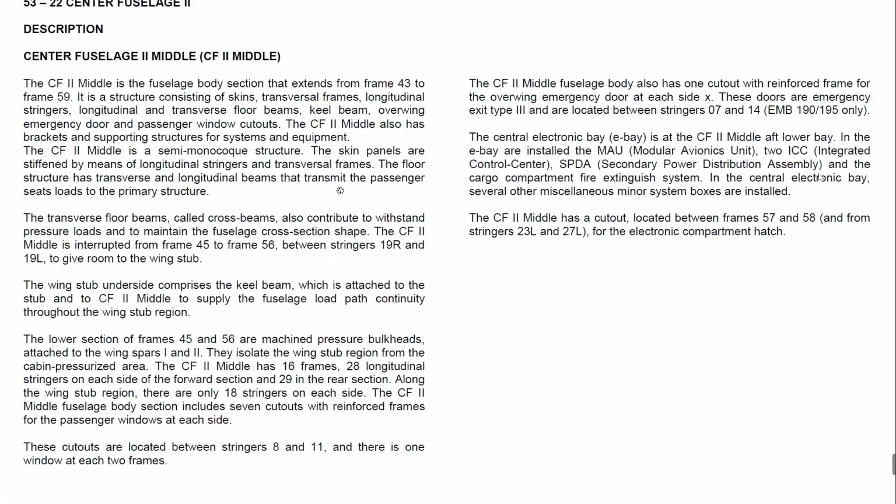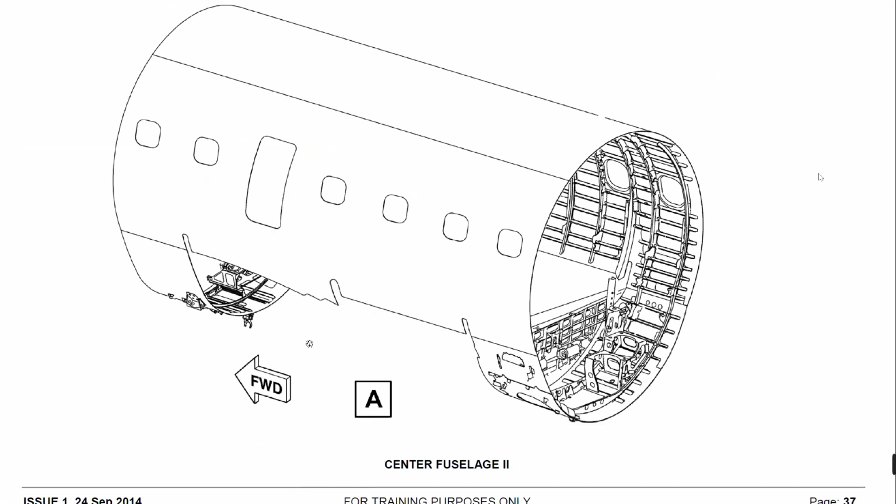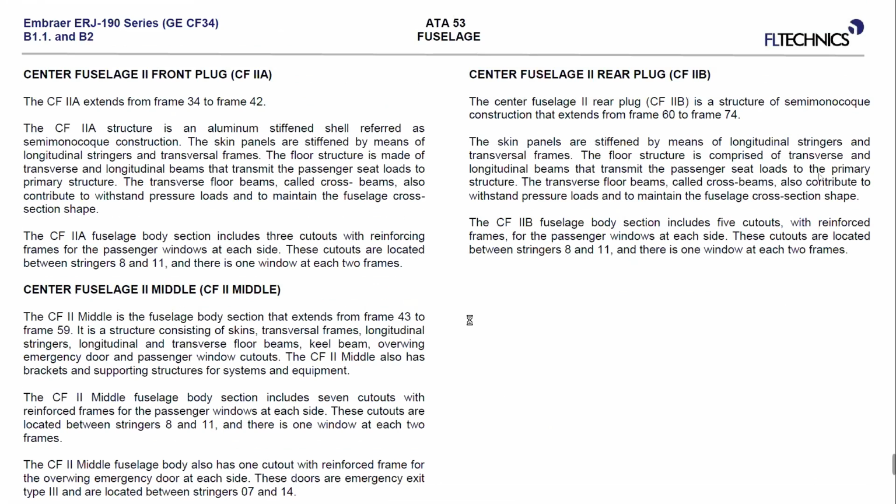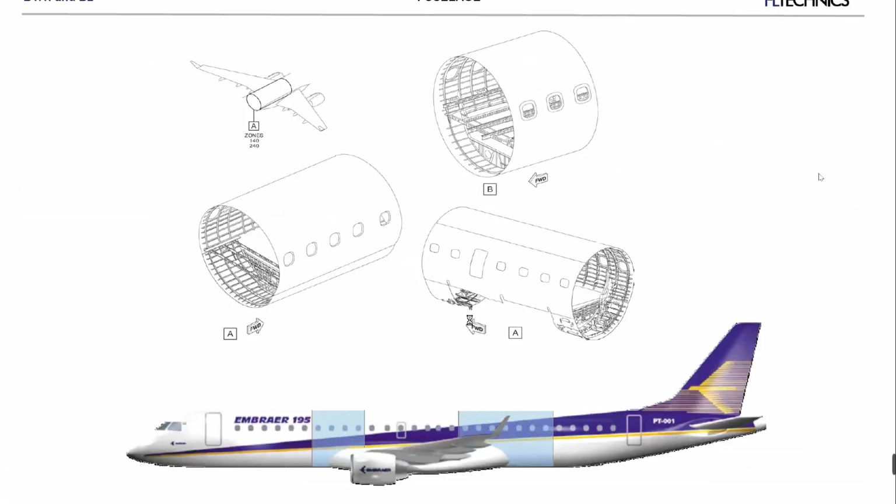The wing stub and also this well compartment. Also, the middle avionics is located there, this central electronics bay, and that's why we have these big cutouts here. That's why we also need specific frames, which are,